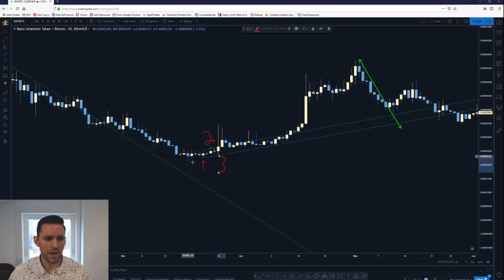right? It's not this back here because this wasn't done moving down yet. It's still kind of moved down. This was a swing low that started that move. Number 2 is a swing high before we see the next swing low. So this is going to be your first swing high. So number 2 is your first swing high. And then number 3 is the identifying of the trend. So you would start here and you would simply draw it to that next swing low